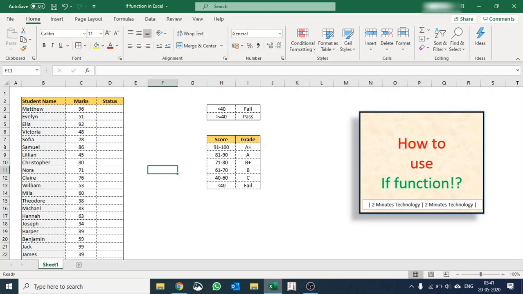So, today I'm going to talk about a very basic but a very important function, the IF function. It is a very useful and very important function of Microsoft Excel, and the video is for beginners. So, in order to explain the IF function, I'm going to use a small data set where I have a